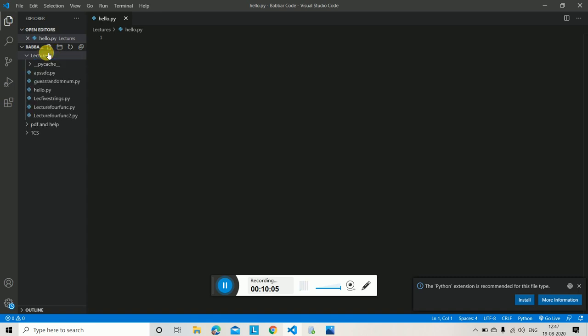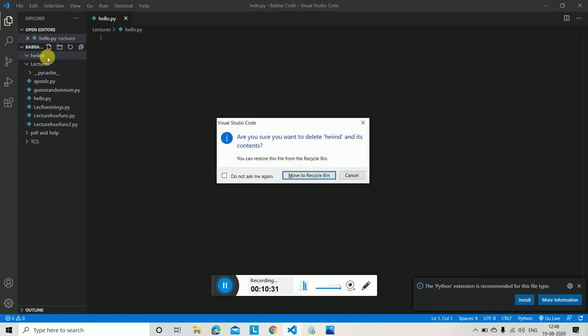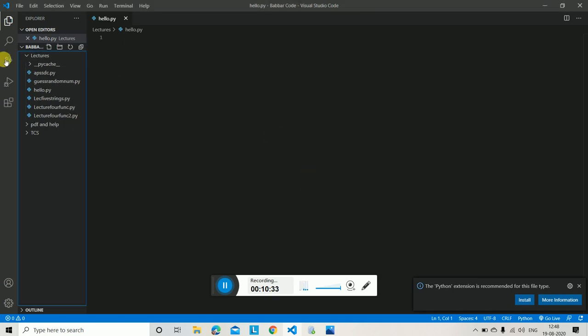I mean, as I see, in lectures I kept a new folder, so it will be given as a subpage. To have a separate new folder, click on new folder. This is my folder. Okay, I am removing this folder because it's of no use.